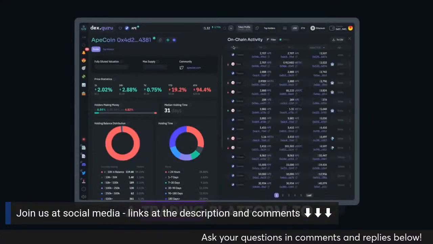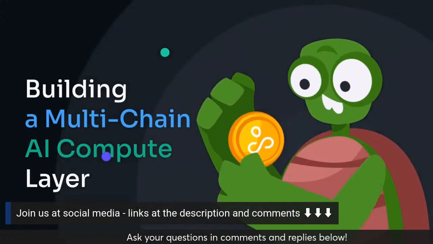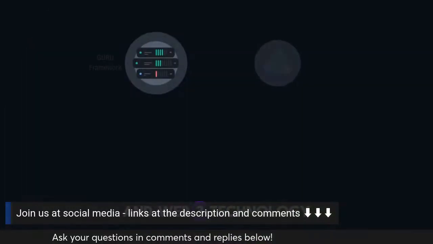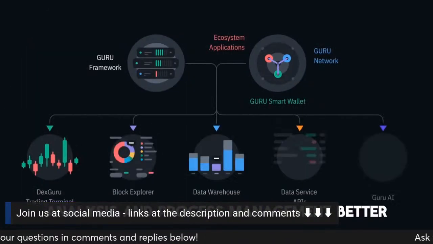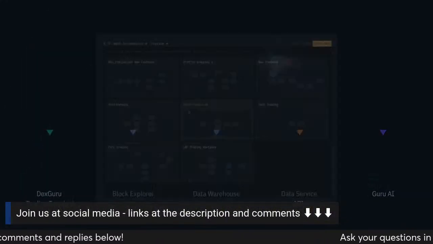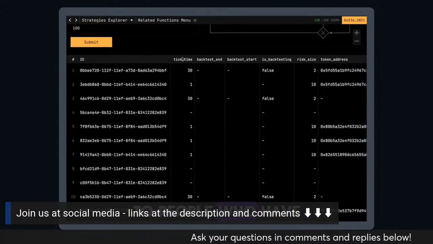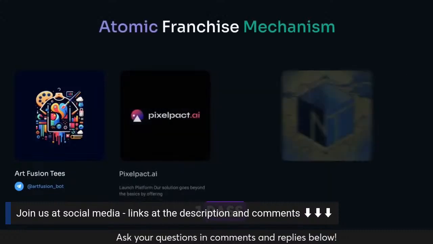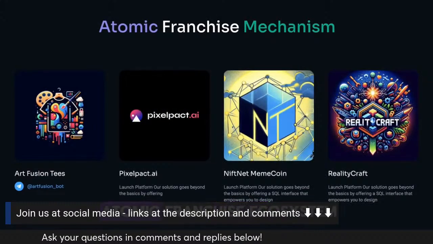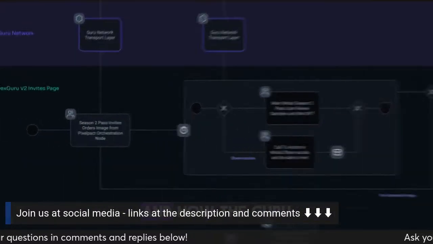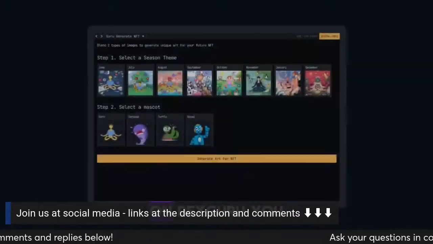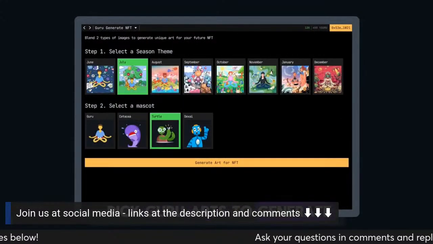DexGuru has changed from a trading platform to the Guru Network. It uses AI and Web3 technology to make data analysis and process management better. DexGuru V2 and its automations give a special experience to people who have the Guru NFT Season 1 pass. They are the first to learn about the Atomic franchise ecosystem and how the Guru Network powers it. On DexGuru, you pick Guru arts to generate.